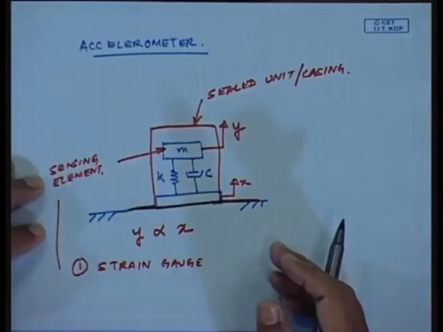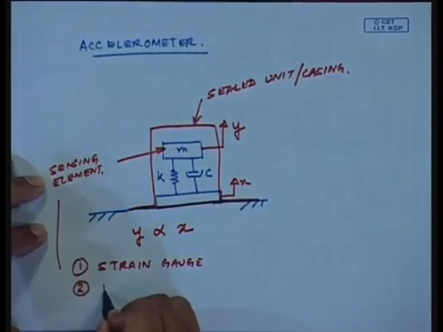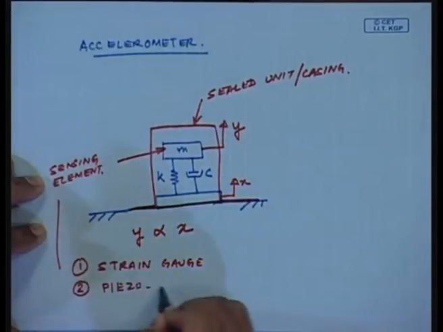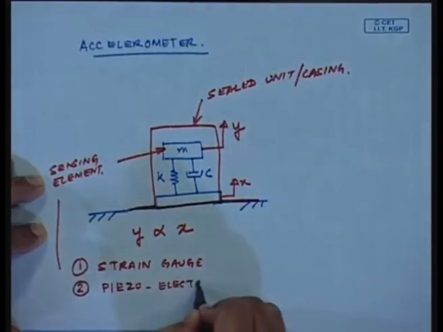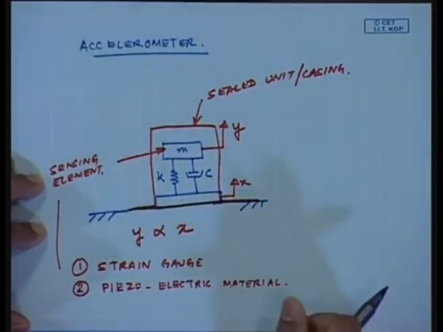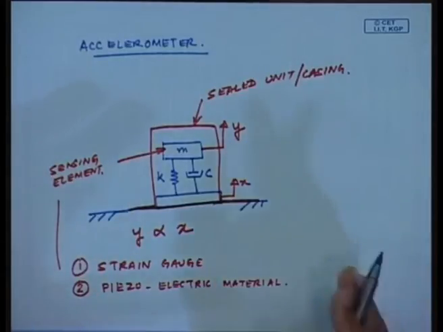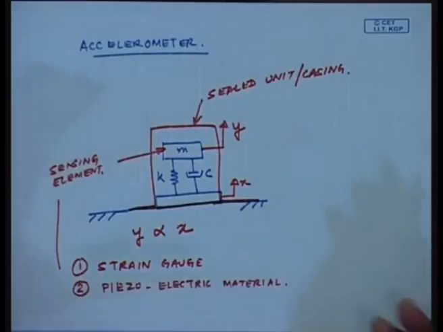So, there are certain problems with this kind of accelerometers, but then came a material which is known as piezoelectric material. Now, piezoelectrics are actually naturally occurring materials. If you have not seen a piezoelectric material, I do not know if you have seen sheets of mica. They look kind of like mica sheets, and they occur in nature, though artificially also we can create them in the laboratory. I will come to that later on.